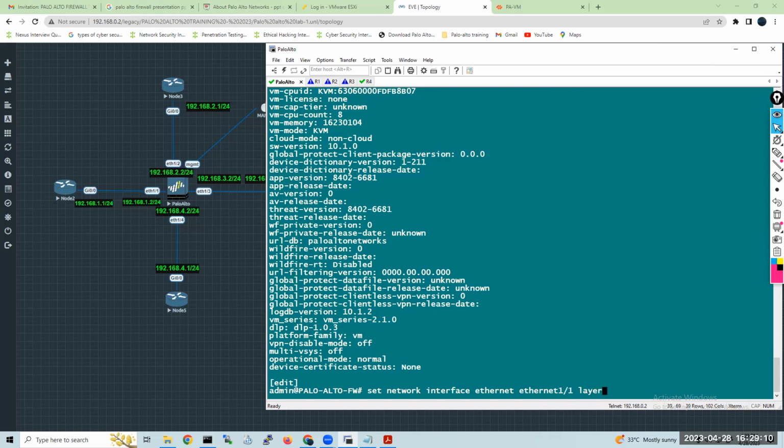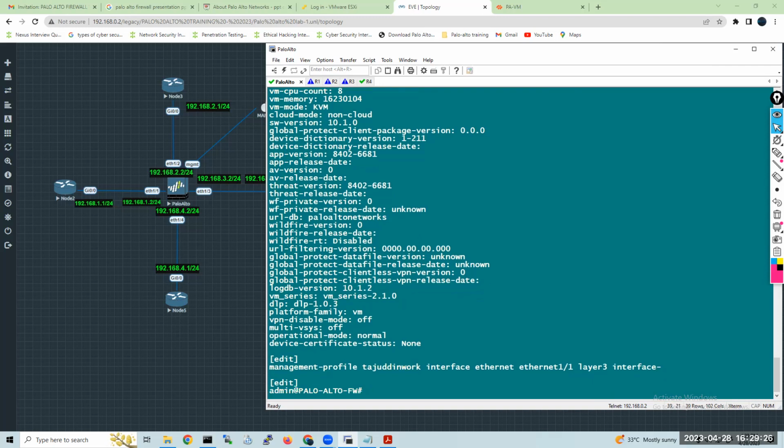This is your layer 3 interface. Remember, guys, the link is your layer 3. Interface management profile is mining. Understood, guys?